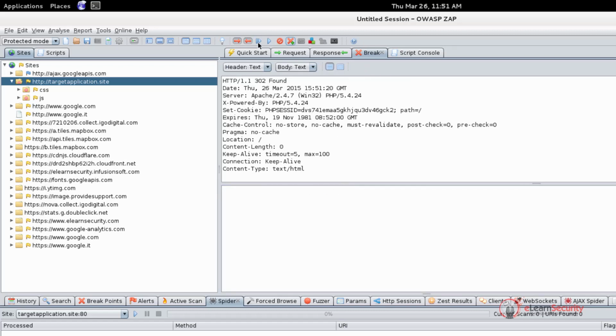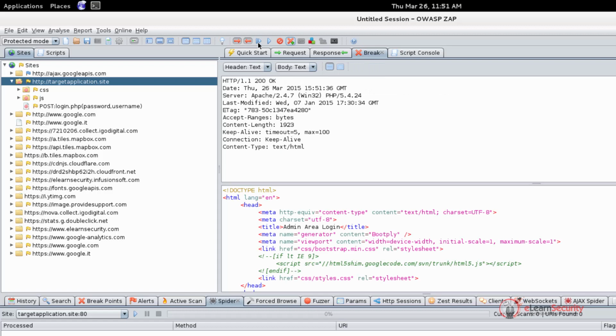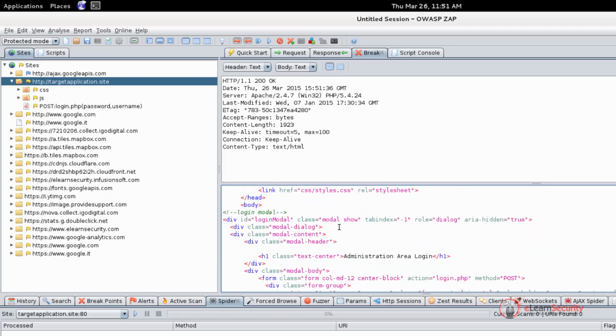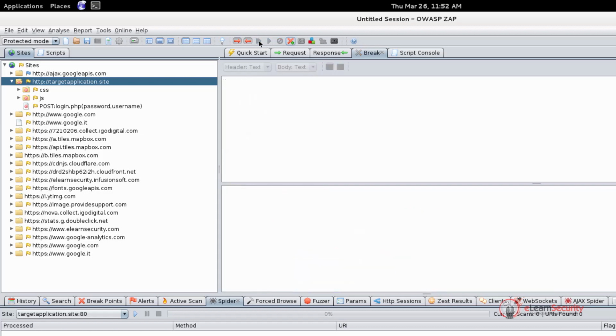Since we did not type in the correct credentials, the web server redirects us, and indeed, we can see another request coming from our browser. Let us forward this one too. Here we have the response of the web server. As we can see, it redirected us to the login page once again. As we already mentioned, we can edit each request and response. For example, let us try to change the following string and forward the response to our browser. If we go back into our web browser, we can see that the content of the page is changed according